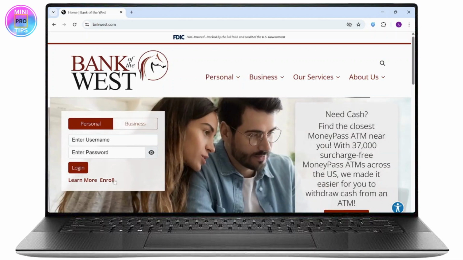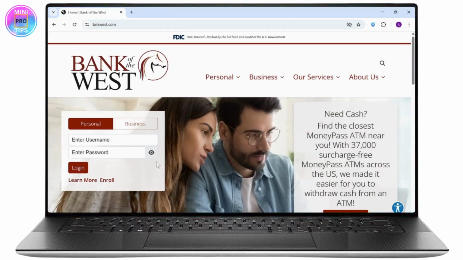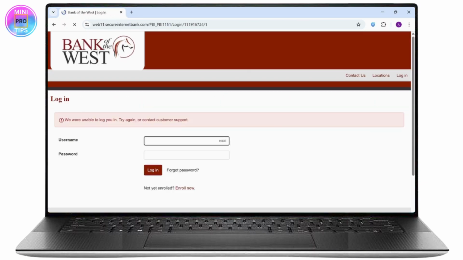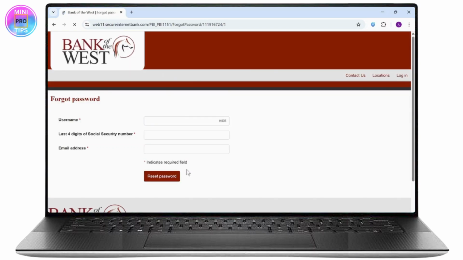After you see the login section, if you want to reset your password, you won't see the reset password button. So tap on this login option without typing anything there and it will take you to this website. After you're here, you can then see the forgot password option. Tap on forgot password and it will take you to another page where you can reset your password by first